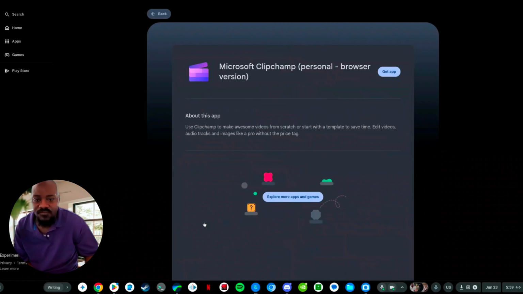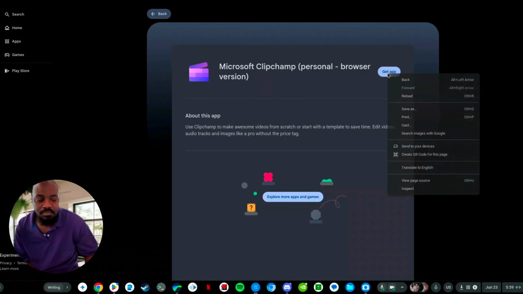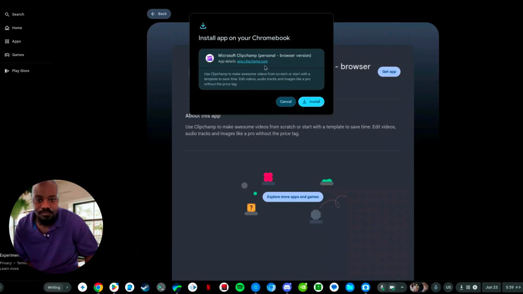Again, not a lot of video editors per se, but let's see, Clipchamp. This is the browser version. I'm trying, okay, there we go. So this PWA can be installed, and this is not going to take me to another store. This is going to install the PWA directly on my Chromebook from right here, and I like that. You don't have to go to the website and then download the PWA. I could just click install,